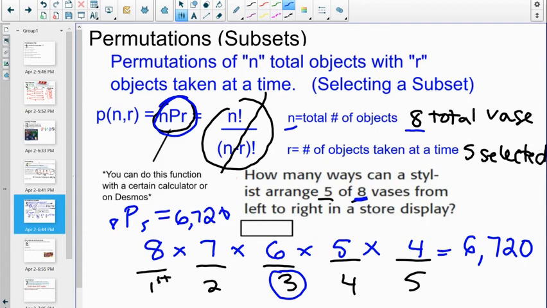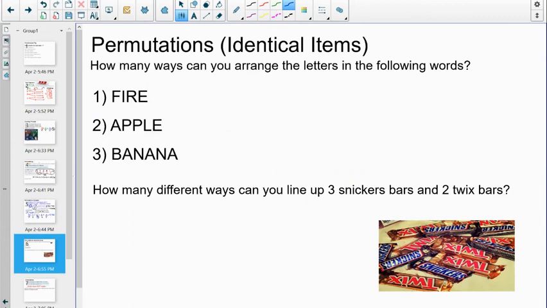Okay. Now we're going into permutations with identical items. So how many ways can you arrange the letters in the following words? So we know that it's